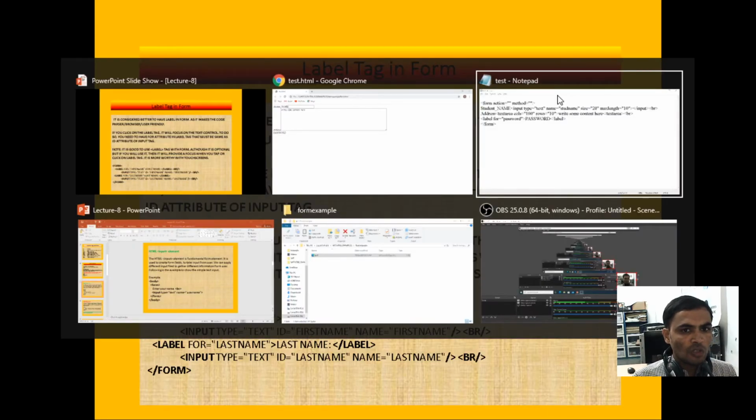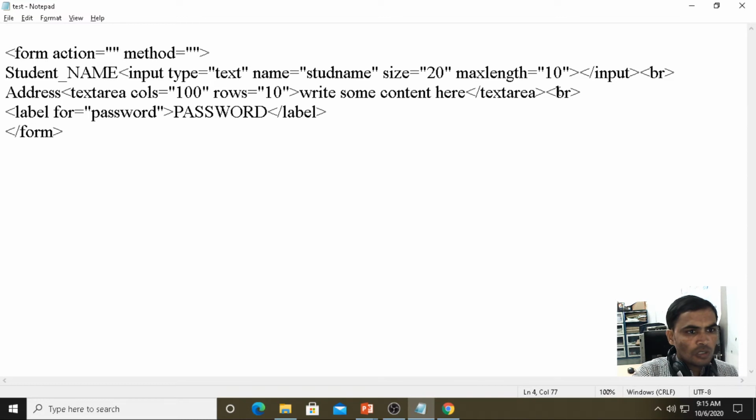Now under the password, we are having input type equals to password, name equals to pass.